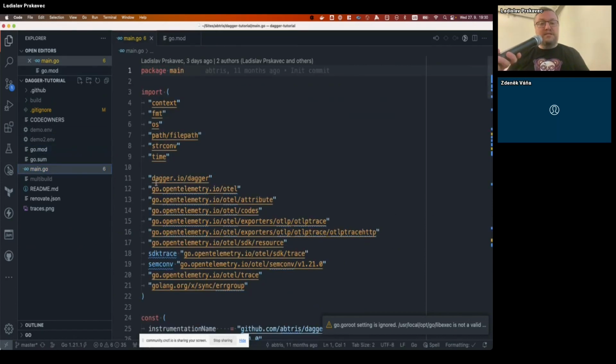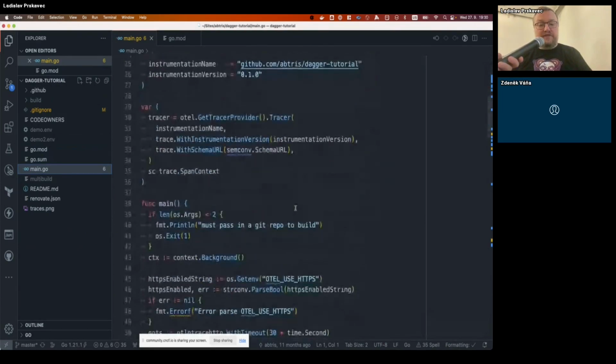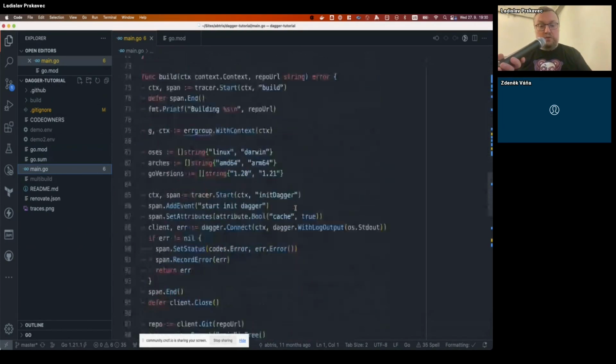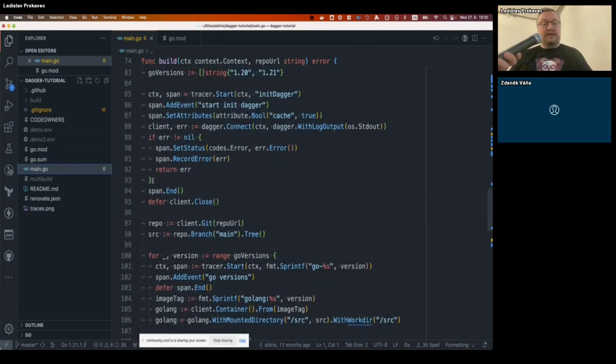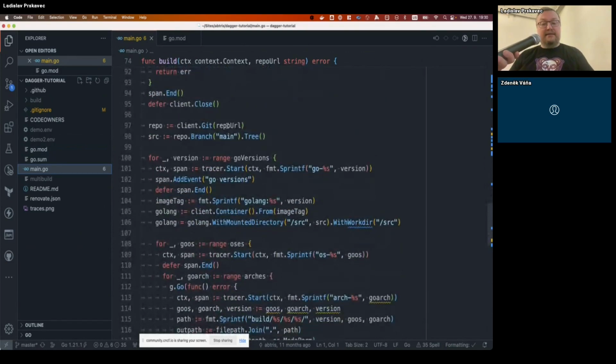It's a small CLI that builds some repositories for different versions of Go. We support Linux and Darwin, ARM and AMD, and two different versions of Go. And we make a matrix that builds all these artifacts for us. As you see in that example, we have init dagger, that's one span that I make. I get a repository from the main command line parameter that will pass to